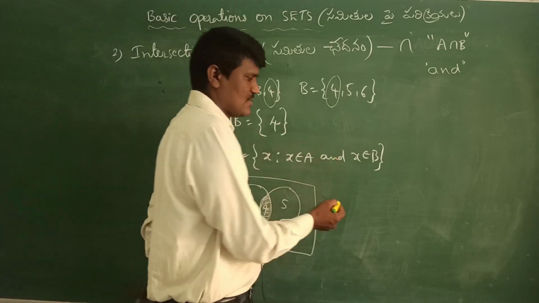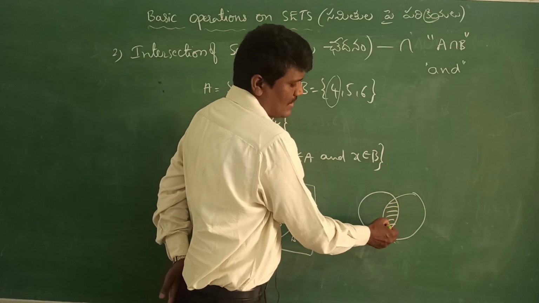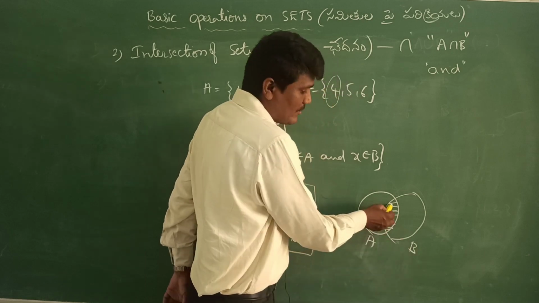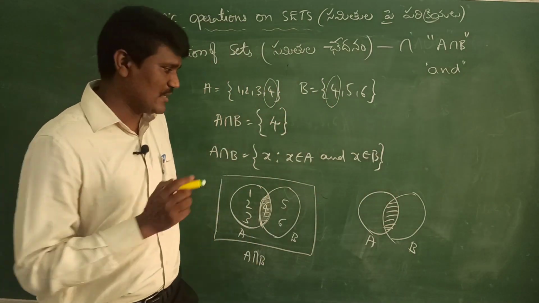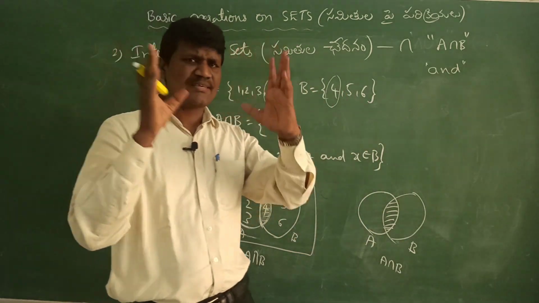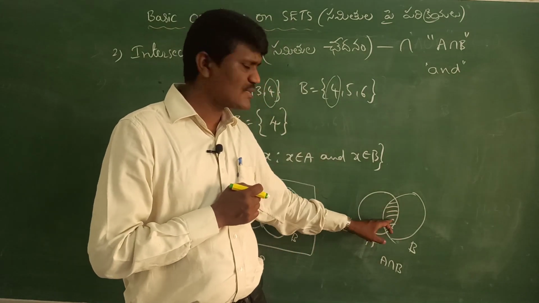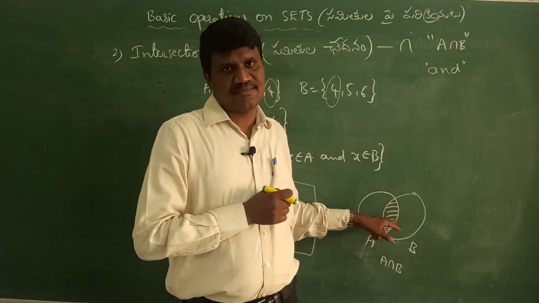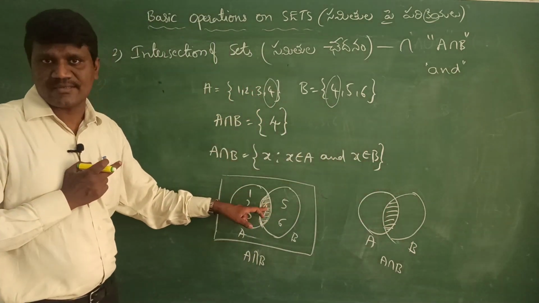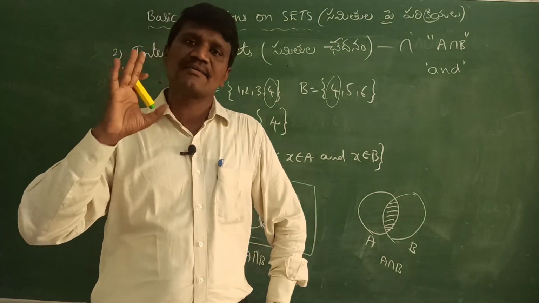Let us say without elements. Without elements, this is A and this is B, and this part will be A intersection B. So this is A and this is B, and the middle part will be A intersection B. This is very simple. A intersection B is nothing but only the common part we should take. If you observe this Venn diagram, this is the common part, right? That is why I am shading this. The shaded region is A intersection B. Here is also a shaded region. Remaining all representation of sets. So this is about A intersection B.